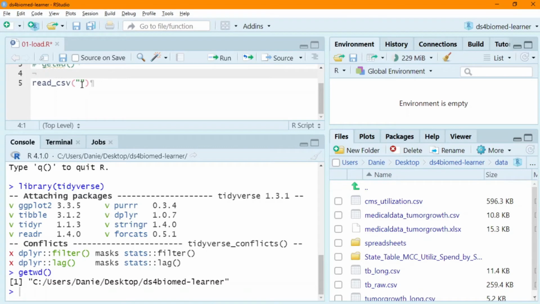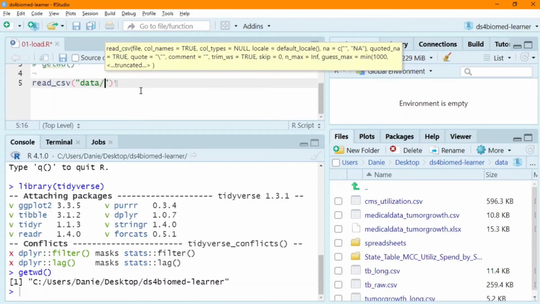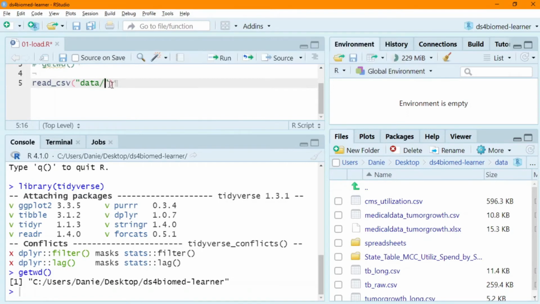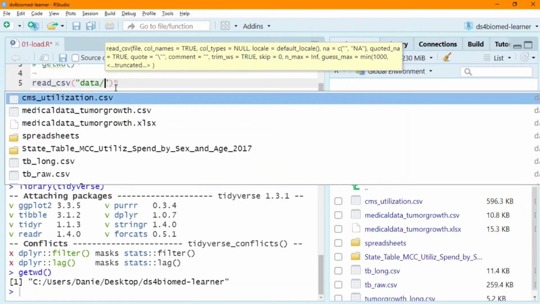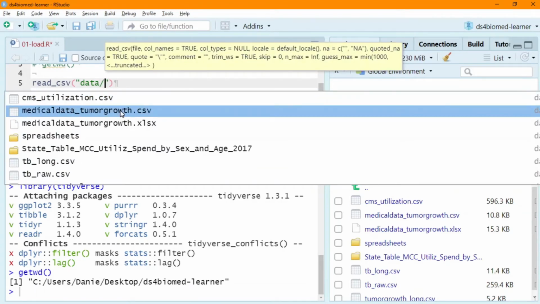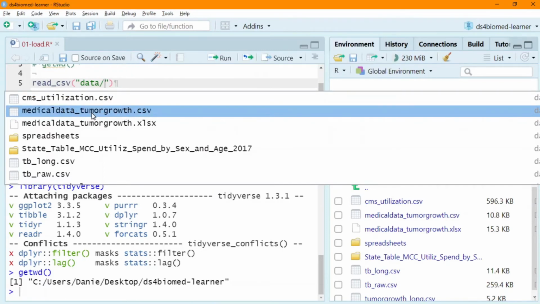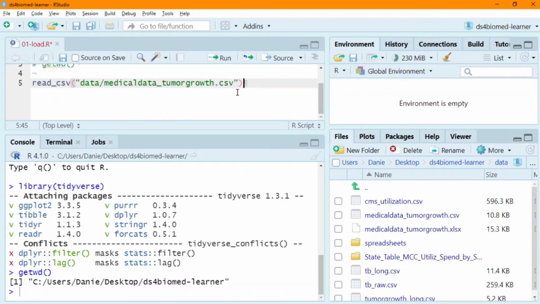And so from read_csv, remember what I said about relative paths, we can say we're going to the data folder, we hit slash. In RStudio, if you hit the tab key, usually it'll start dumping out the contents, because it's like, oh yeah, it seems like you're trying to access a folder, so I'm going to show you the contents of that folder. That tab key is going to be really useful because it's how you prevent typos. So when I hit tab after data, you can see it populated a bunch of files for us. You can use your mouse or your arrow keys to click on medical_data_tumor_growth.csv. And now if we run that bit of code,